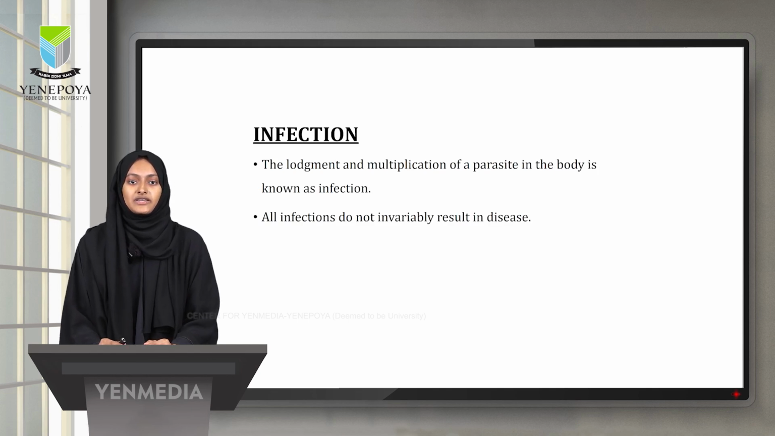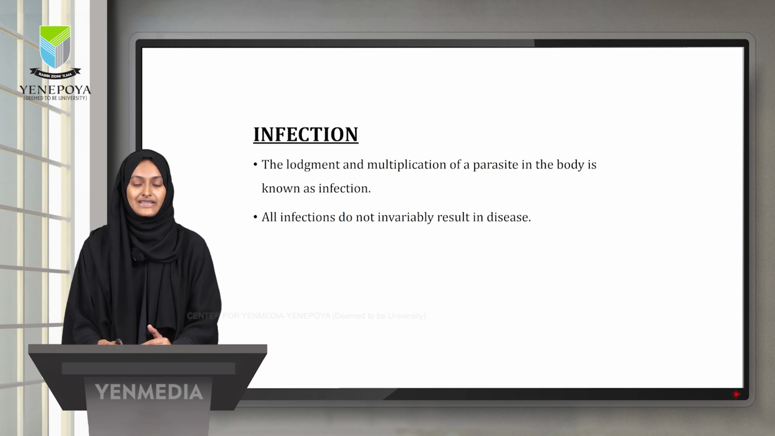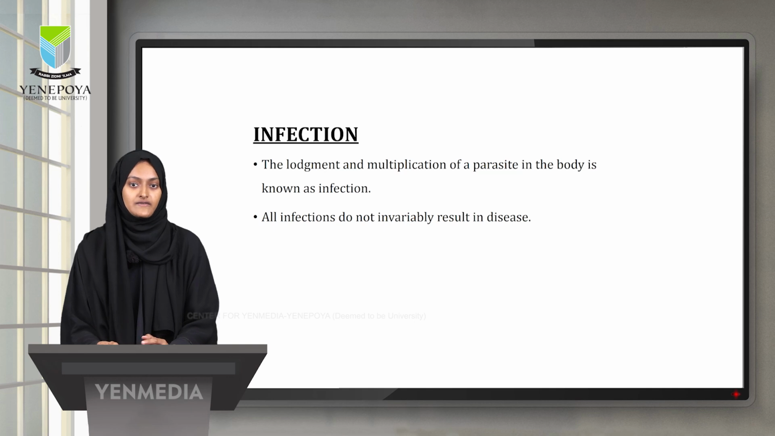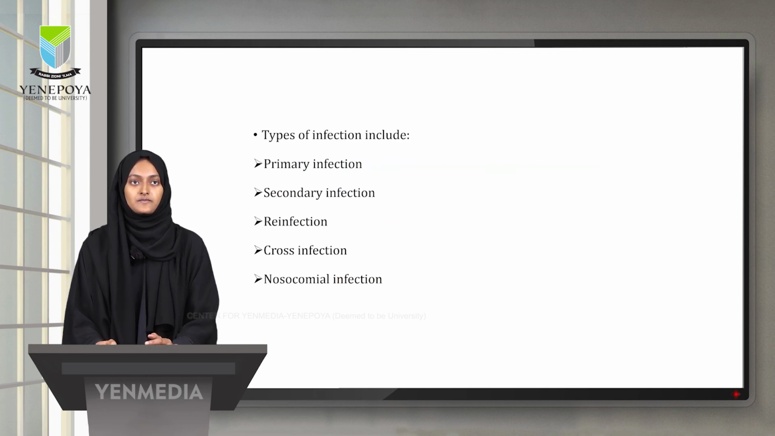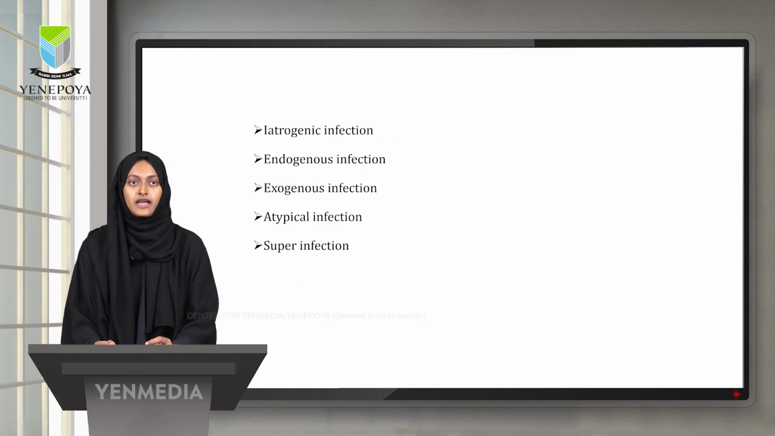So moving to the main topic, that is the infection. So infection is a process which refers to where the microorganism enters the body, establishes itself, multiplies and invades the normal anatomical barrier of the body, resulting in disease. But all infections do not invariably result in disease. Types of infections: primary infection, secondary infection, reinfection, cross-infection, nosocomial infection, iatrogenic infection, endogenous and exogenous infection, atypical and super